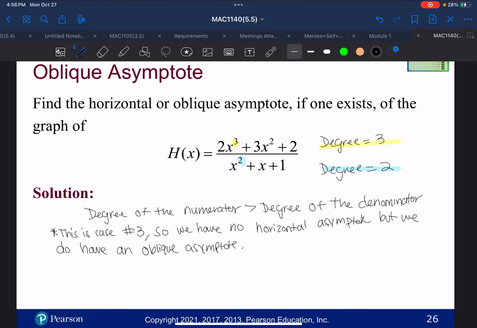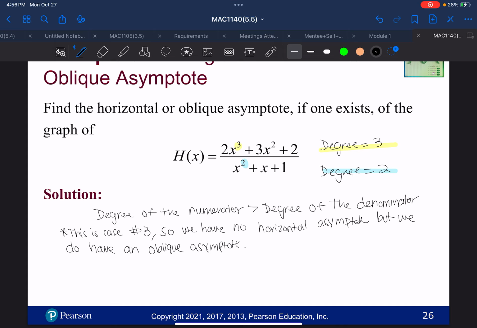Okay. All right, and then to find this oblique asymptote,